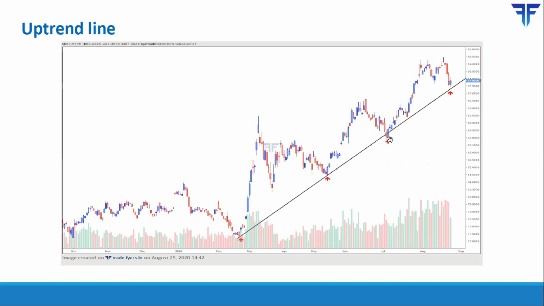So this particular zone, which is a support area, which is the trend line support area, price took support over there, and from there was a nice bounce. Again, price has retreated back towards the trend line.